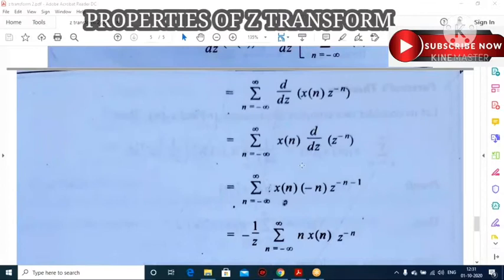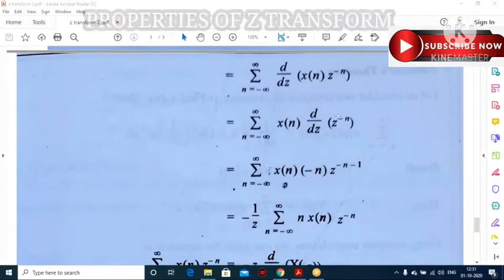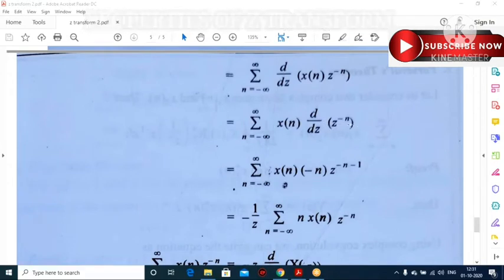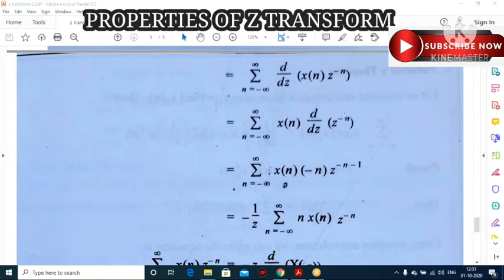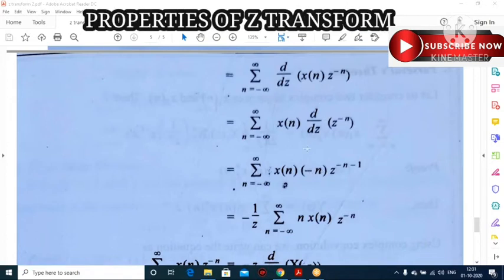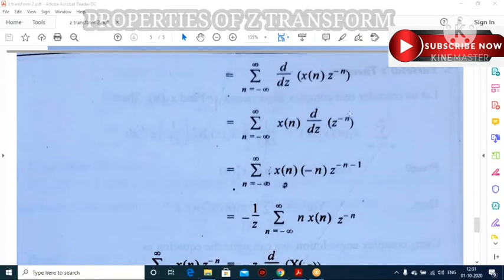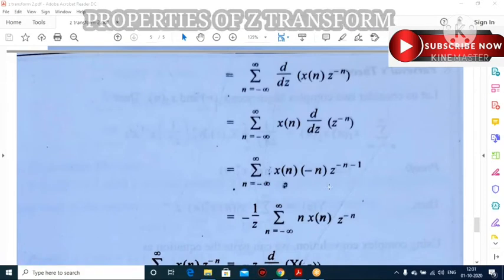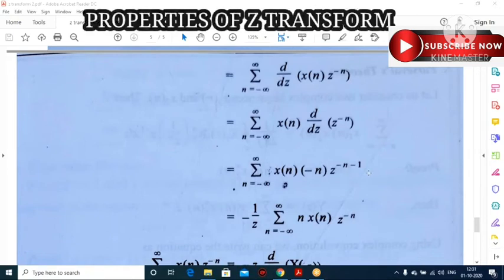Next, x of n, which is equal to, when I differentiate z power minus n with respect to z, it becomes z power minus n minus 1. The power minus n comes down, so it becomes minus n. Before that I put minus n here because this is the differentiation property: d by dx of x power n is nothing but n into x power n minus 1, you know? So that is the minus n here. So minus n into z power minus n minus 1. So this is the differentiation result: minus n into z power minus n minus 1.